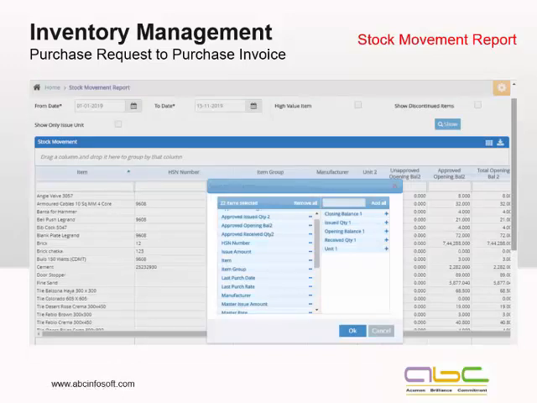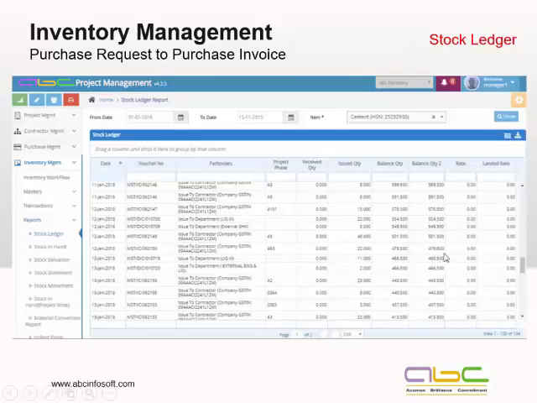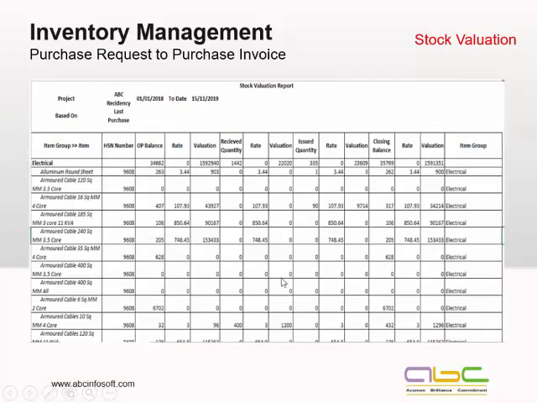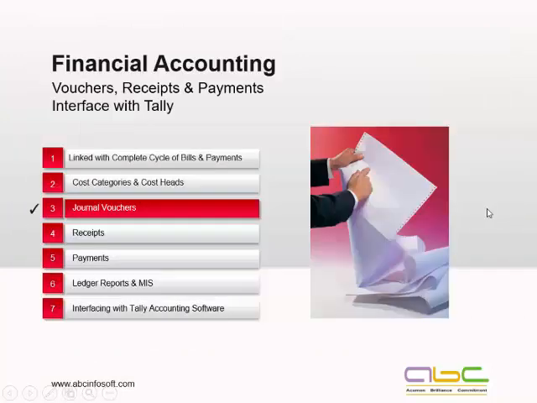This is one of the reports I'm showing you where you can choose the columns. You can simply choose the columns and play with the reports as pivot reports. As I told you earlier, you can filter the reports and move the columns. There are stock ledger reports for any given item and any given period, stock in hand, stock valuation, in multiple combinations of reports.